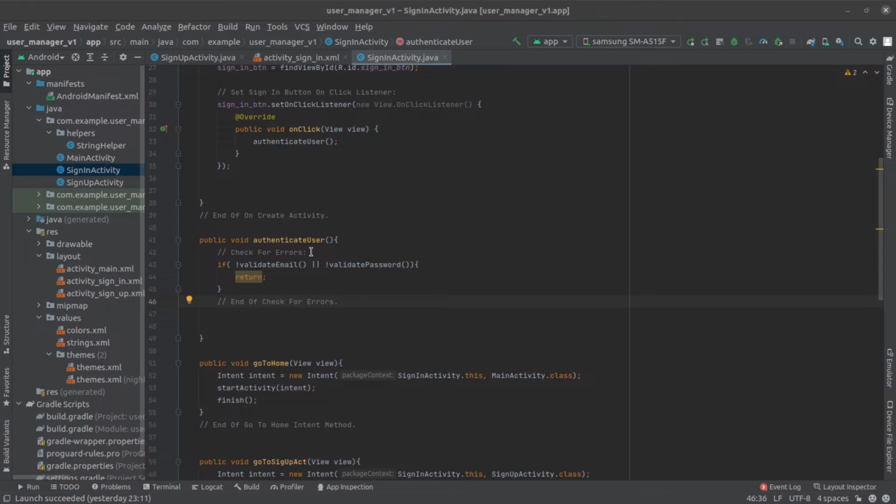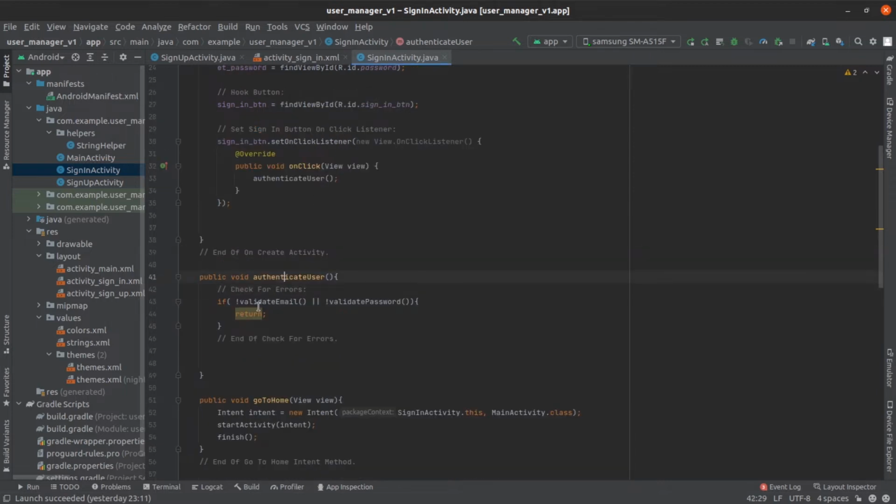Alright, so now we are here within the authenticate user method, which is being called by the sign in button set on click listener, as you can see at the top there. So right after where we do our if block to validate the user, we're just gonna come down here. Now the first thing I need to do is